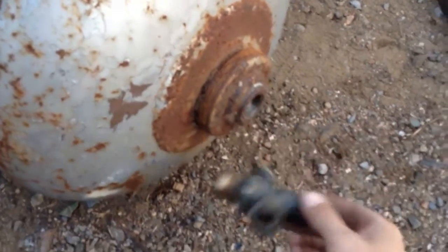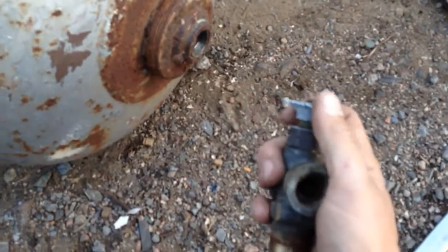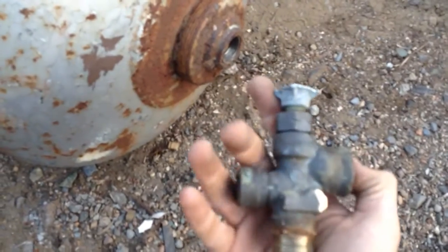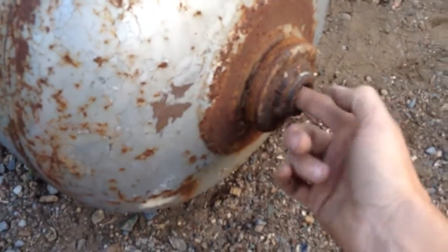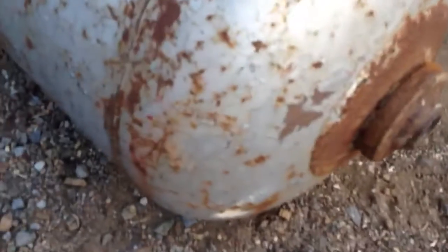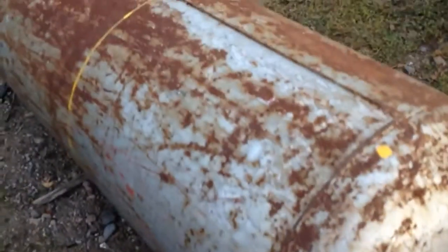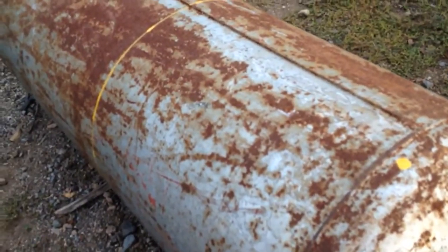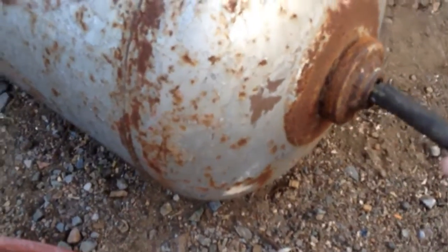Now these ones here, you can evacuate them just by opening the valve, because it's a really old style tank. So it was already evacuated. It was already open. It's probably been sitting around for years. You can fill these up with water to displace whatever might be in there, air or propane or whatever. But since it's been open for years,